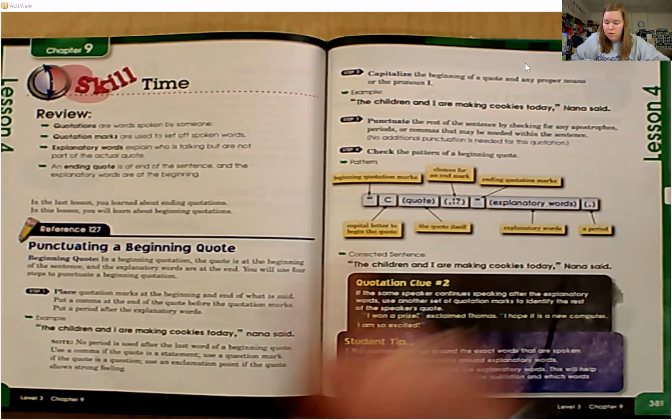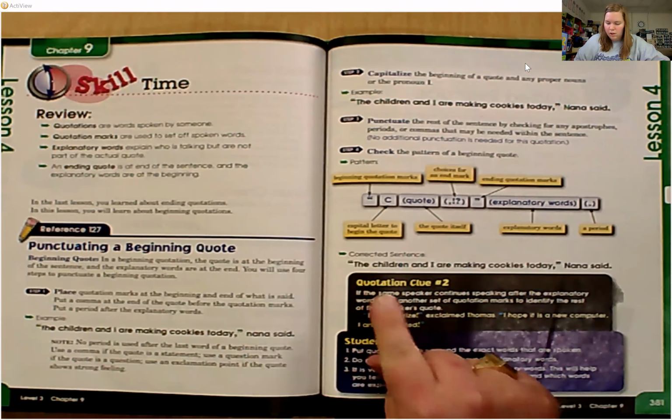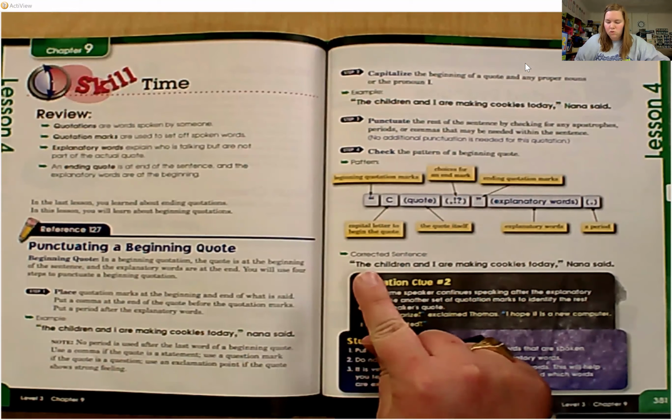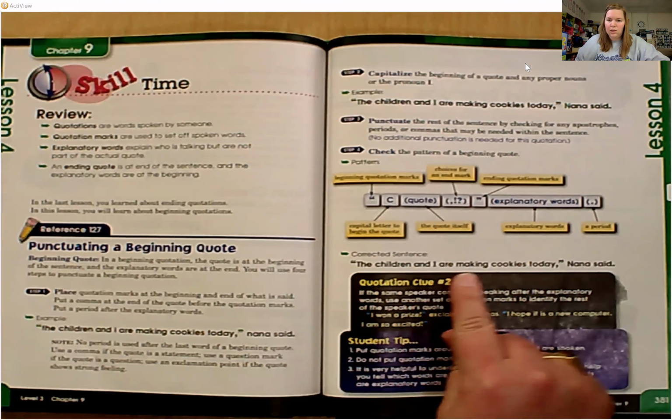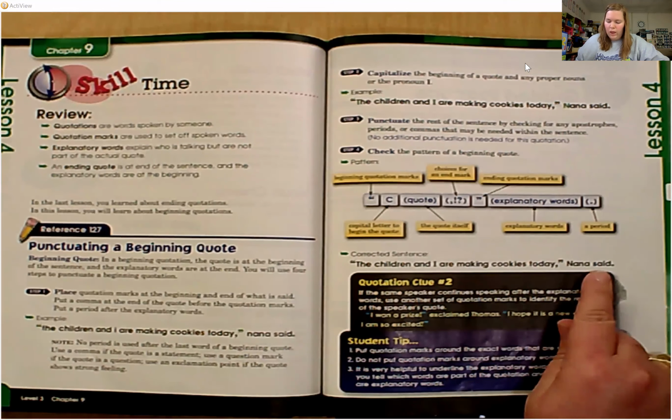So we have quotation mark, then the capital letter. Put your whole quote, a comma, inside the quotation mark, and then your explanatory words followed by a period. So the corrected sentence should look like this. "The children and I are making cookies today," Nana said. Okay,